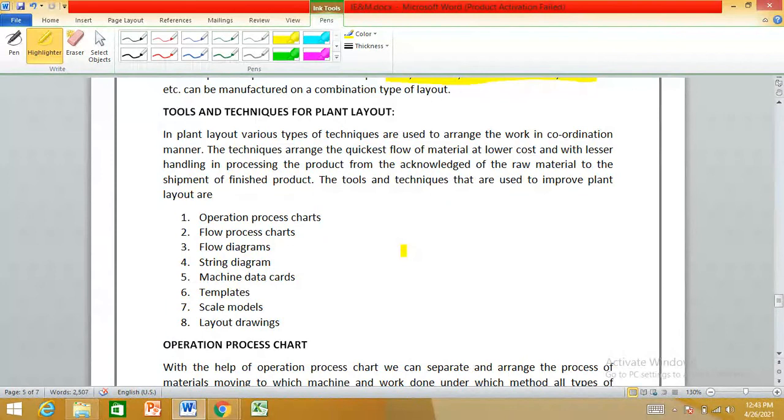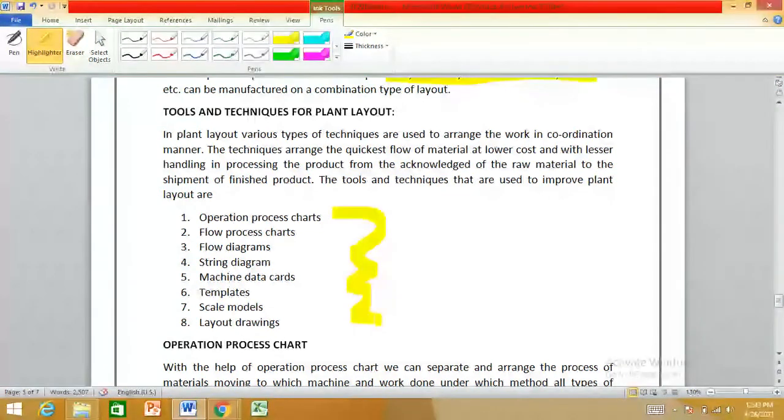And to complete a good layout, we need to analyze each and every tool and have a thorough idea about each of the tools and techniques. So what are the different types of tools and techniques? Those are these